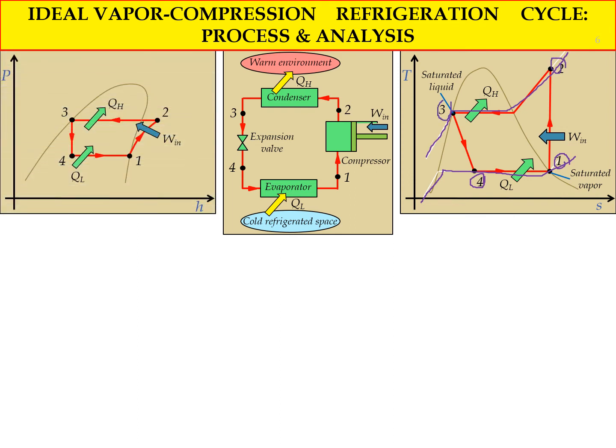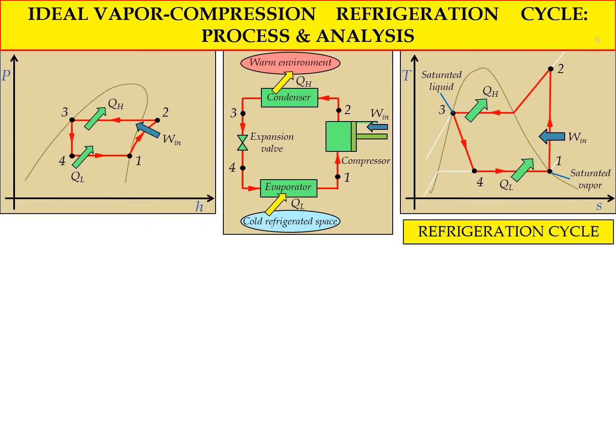And when we look into the PH diagram here, as you can see, process 2 to 3 and process 4 to 1 happen at constant pressure. So P here is the pressure. Okay, so now we look into the